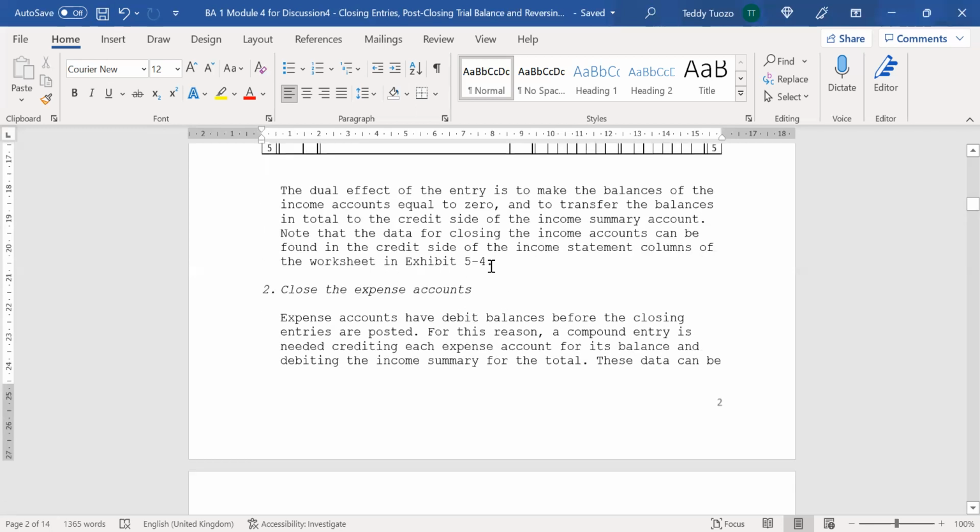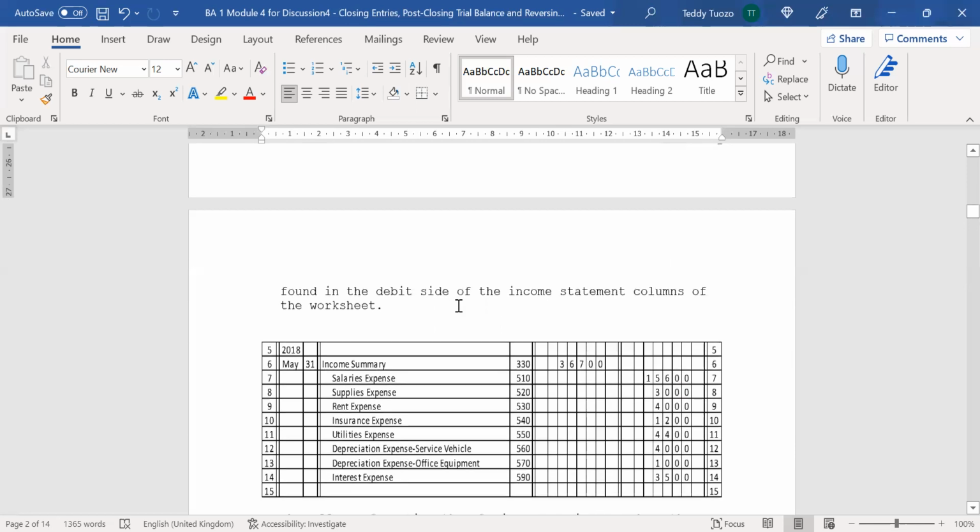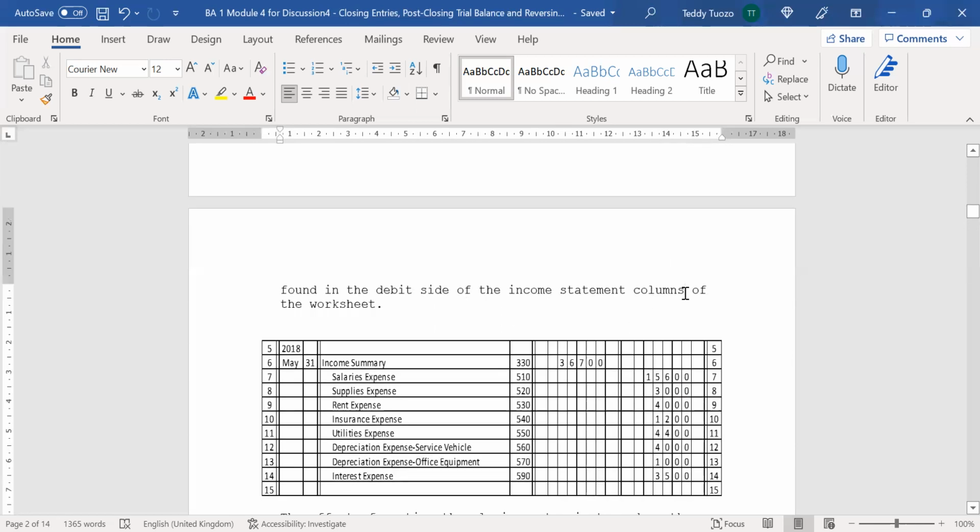Then to close the expense account, first is our procedure in closing. First, close the income accounts to income summary account. Second is close the expense account to income summary account. Expense accounts have debit balances before the closing entries are posted. For this reason, a compound entry is needed, crediting each expense account for its balance and debiting the income summary for the total. This data can be found in the debit side of the income statement columns of